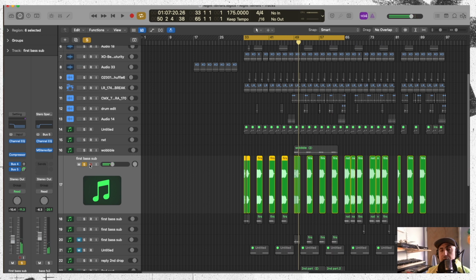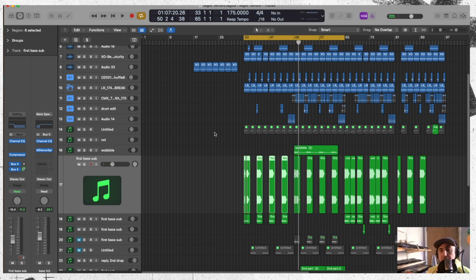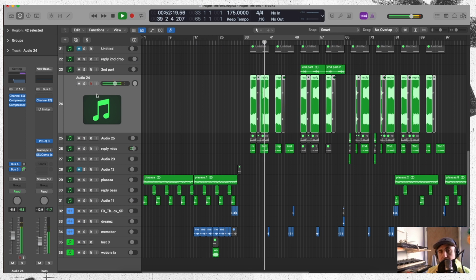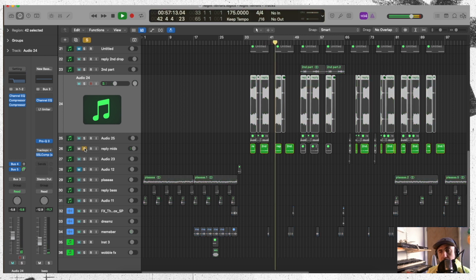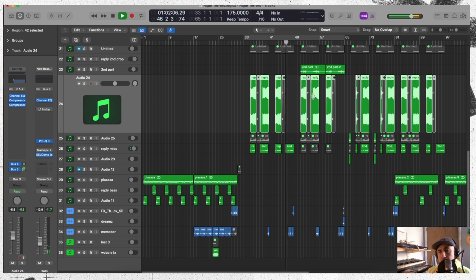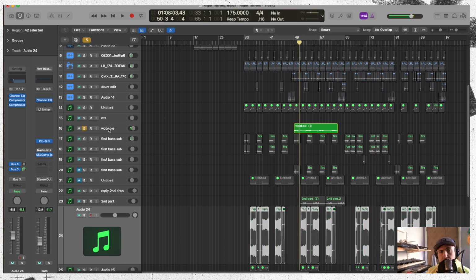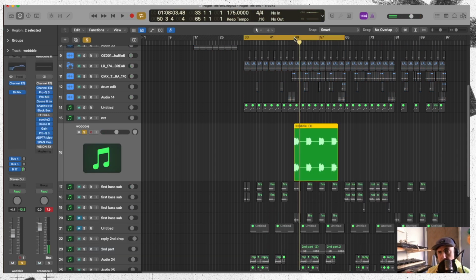And then on the second 16 off the drop, I've got a different tone coming on the bass. This is the reply bass. So yeah, I'll put much more wobble on it on the second one. So I've obviously added some